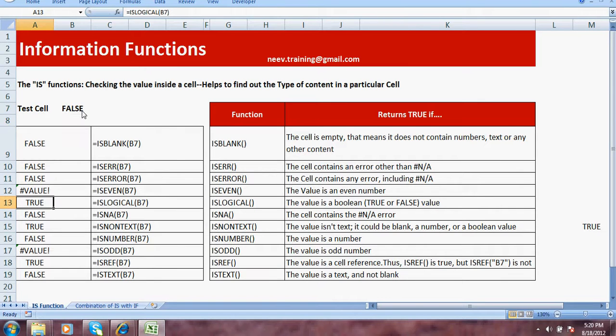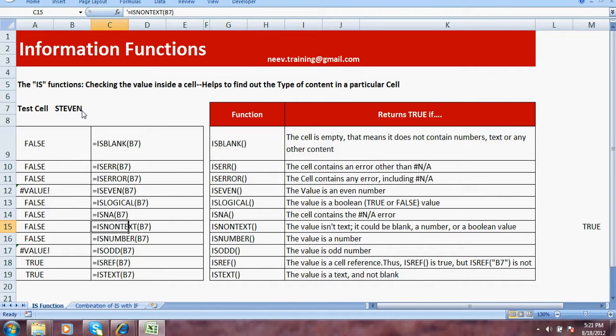It is giving a true value. Okay, so I think now you have understood what do we mean by these numbers. So there is no error. You can again have a look if you have not understood. Is non-text? Yes, it is a non-text, it's a number, so that is why it is giving a true value for is non-text. Now let's assume if we put some text, maybe Steven, so